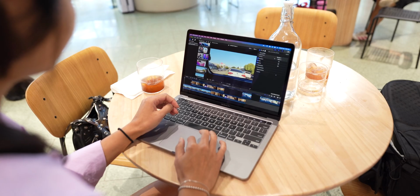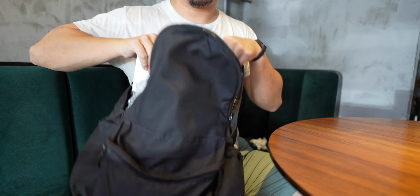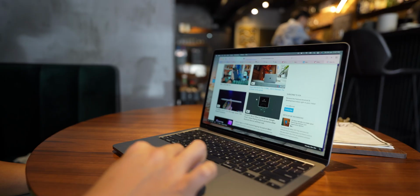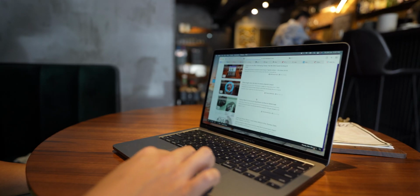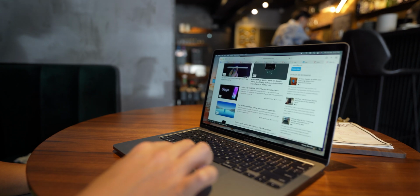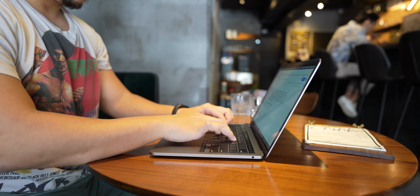And the M2 MacBook Pro did not even need a fan for most of those tests I did. The fan really only kicked in during 8K video rendering. This efficiency results in great battery life too. So the M2 MacBook Pro, when I'm using it as a productivity machine, so that would be Safari with half a dozen tabs open, Spotify streaming in the background, and maybe Slack running on the side, every hour of use would see about 7 to 8% battery dip. So by my math, this machine can give me about 12 to 13 hours of use for that standard productivity